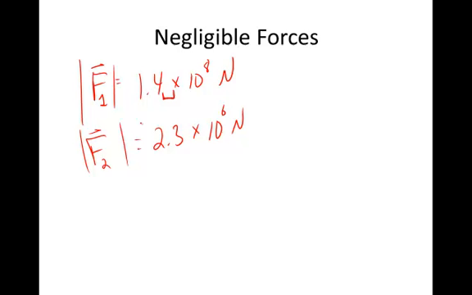So if we go ahead and calculate F net, adding these two together, since we're only keeping two sig figs, this force becomes irrelevant. So one way to figure out whether or not a force is negligible is to figure out how many significant figures you need to keep, and if one of these forces doesn't appear in one of the significant figure places of the largest force,